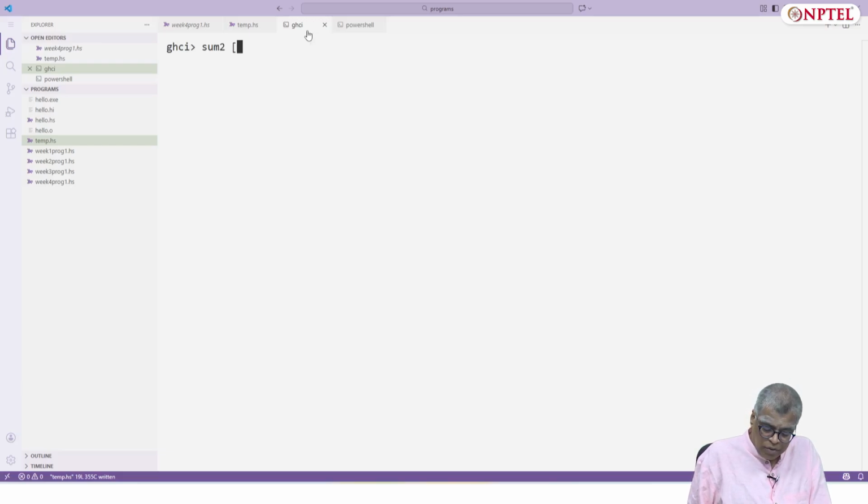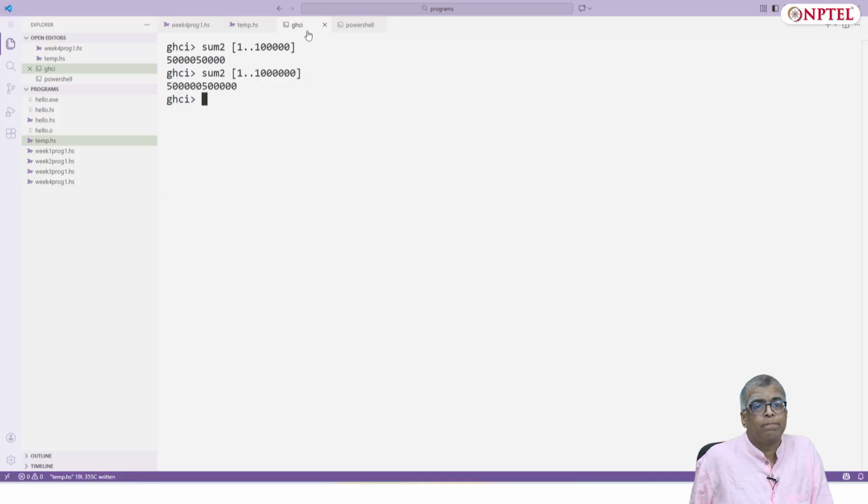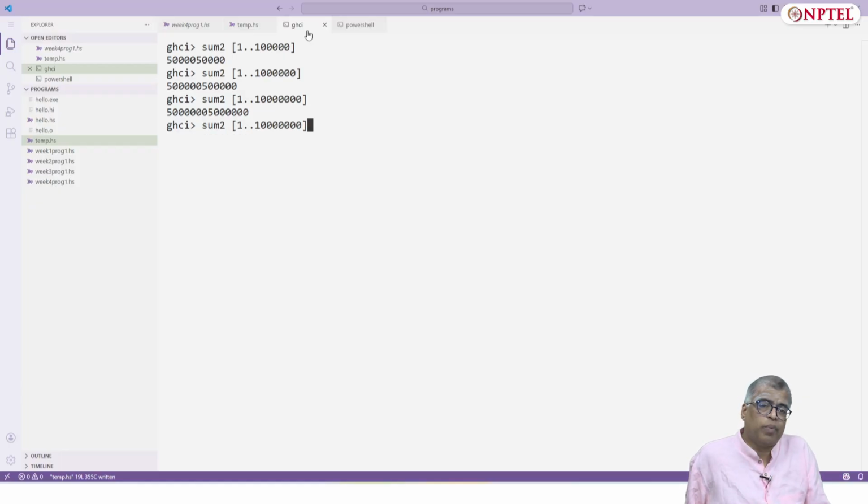Sum2, let's try 1 dot dot 100,000. Okay, it's fairly quick. One more 0, let's add. Okay, at some point it starts to palpably slow down. Let's use sum3 and see what the corresponding speed is. Sum3 is much slower. Let's now get to sum4 and see what happens.